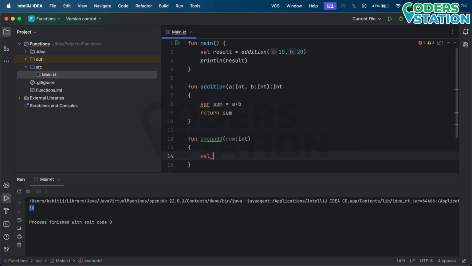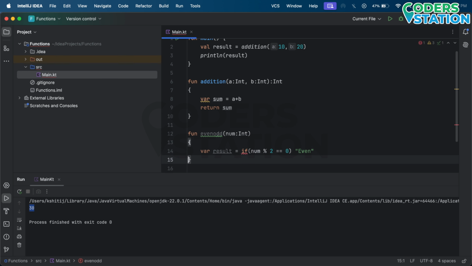So how can we do that? We can do that by creating a variable, var, called result, equal to if num percent 2, or this is called modulo. This operator is called modulo, as we learned in our first few episodes. If you have missed out on them, make sure to check them out. So num percent, or modulo, 2 is equal to 0. If this value is 0, then put even, else